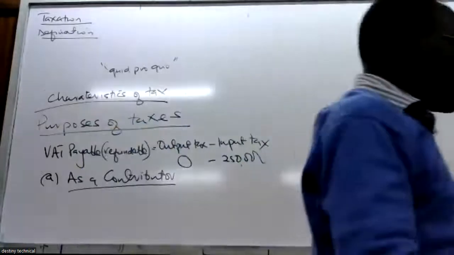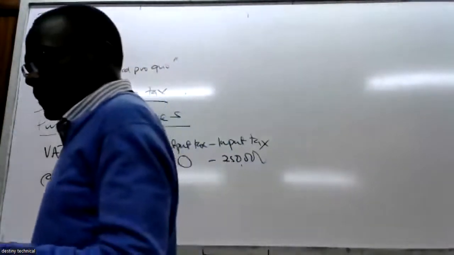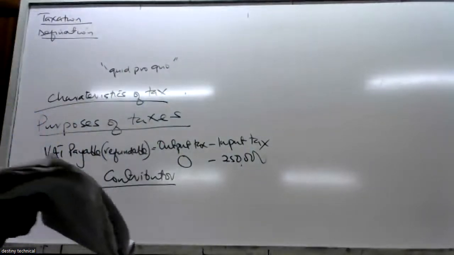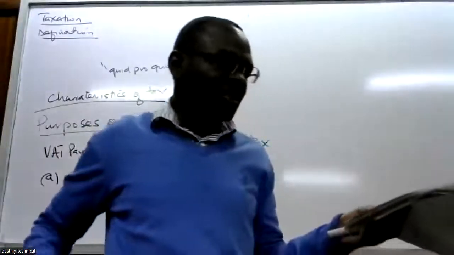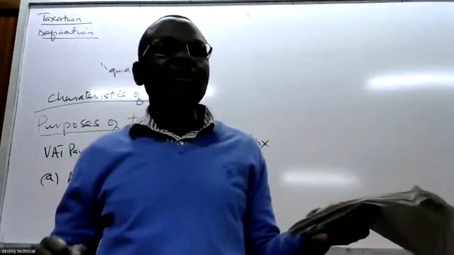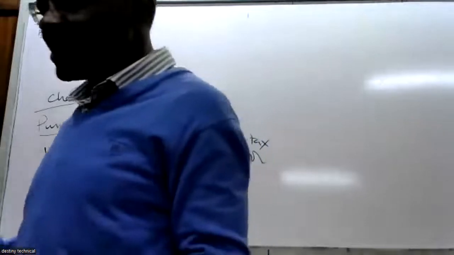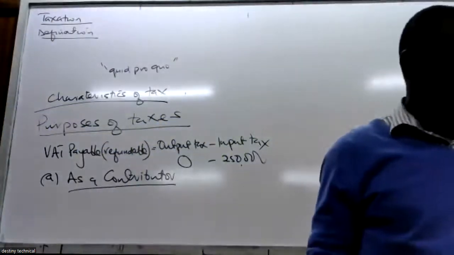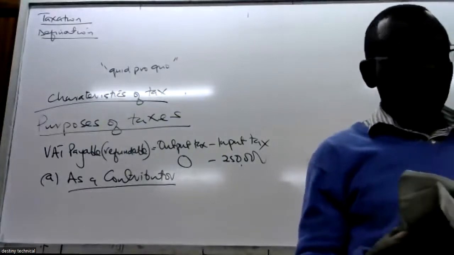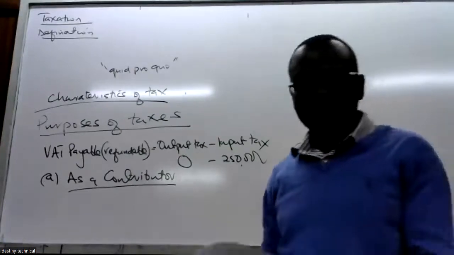So A, as a contributor, contributions to a registered pension scheme are allowable deductions against taxable income, up to a maximum of 20,000 shillings per month, in brackets 240,000 shillings per annum. Then B,